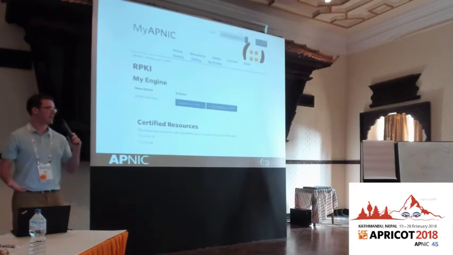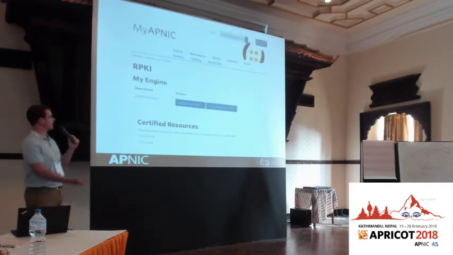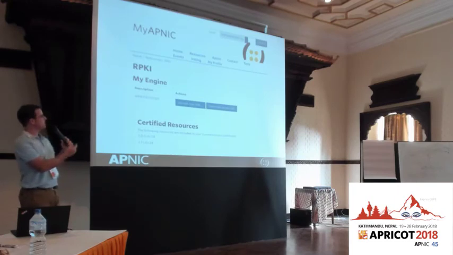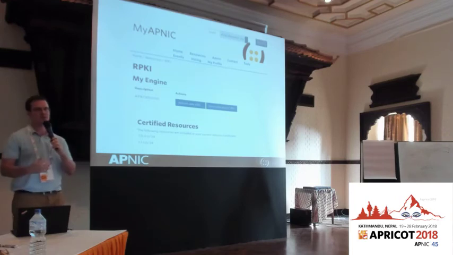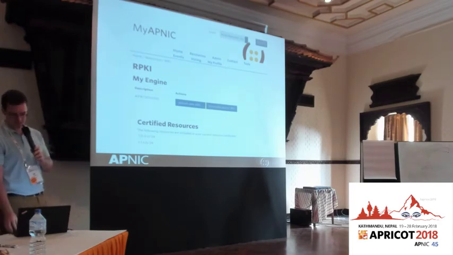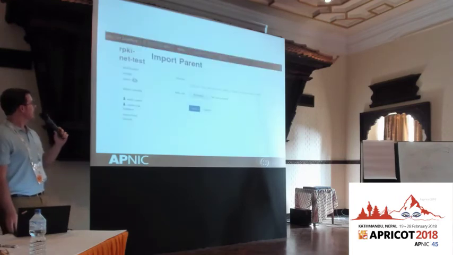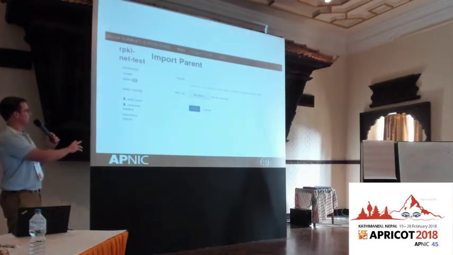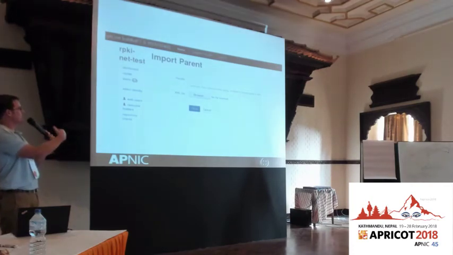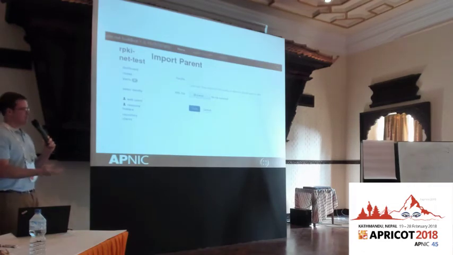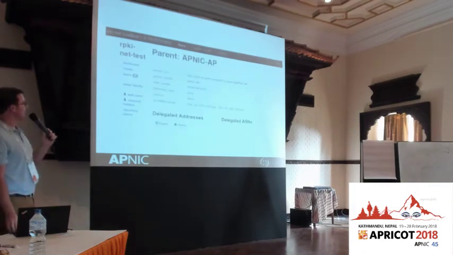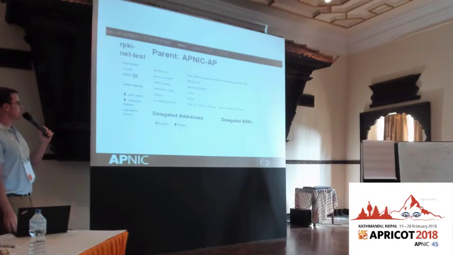And again, there will be an engine activation process, and you'll get a page like this. From here, you click Download Parent XML, which is the response that you take back to your self-hosted engine. And back in your own software, you have this import parent option, which is where this XML goes. You can leave the handle blank to take what's in the XML as the handle. So you upload that, and the link has been established.